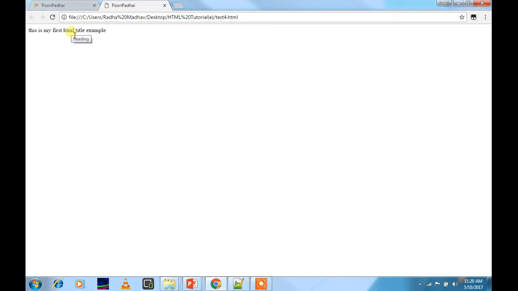So for example, if you want to display a heading for a particular paragraph or content, then you can use this paragraph title attribute to display that heading, and as soon as a user comes to your website and tries to check what this content is all about, they can see that it's a heading. So we will try to edit this example.